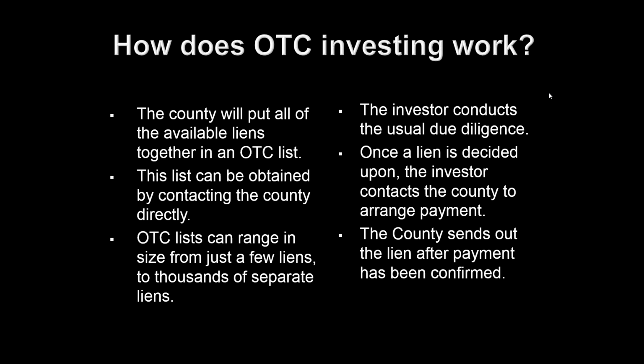Now, how do you do it? Well, first of all, the investor, you're just going to conduct the usual due diligence. So you're going to check into the property records. You're going to review the value. You're going to go through the normal steps that you would in investing in any other tax lien certificate. Now, once you've found a lien and you've picked it, you're going to contact the county to make a payment arrangement. You usually know that by reading the county questions and answers and the rules within the county website.